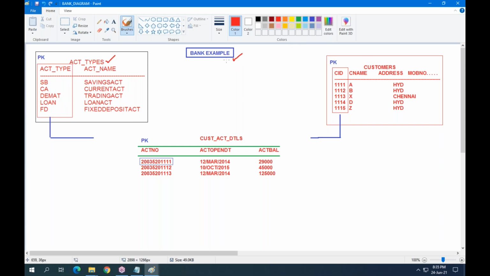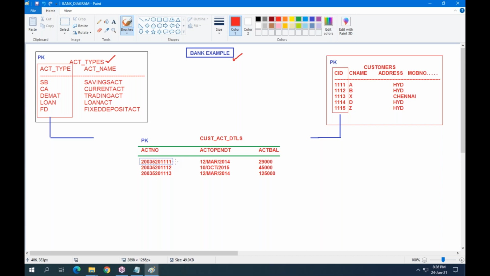If any person opens an account, suppose I have opened a bank account, then I will get an account number and I have to maintain a balance.